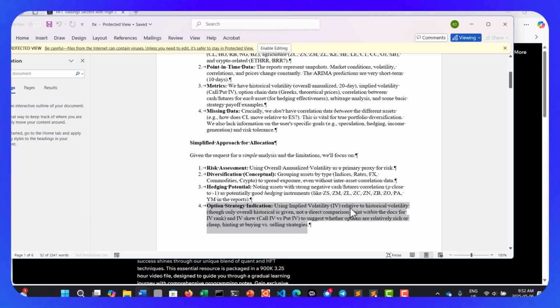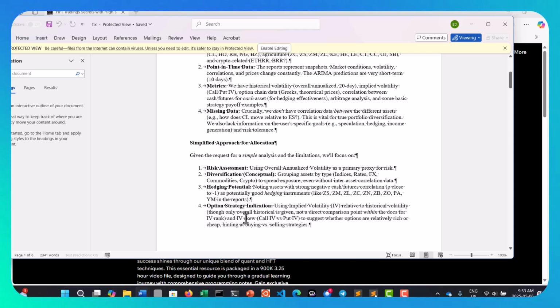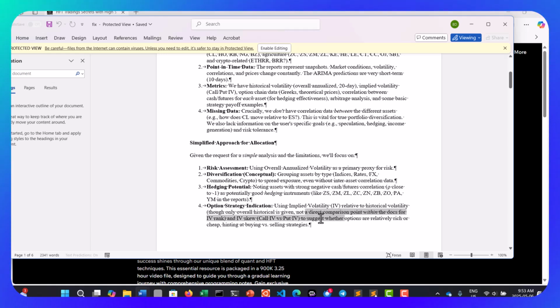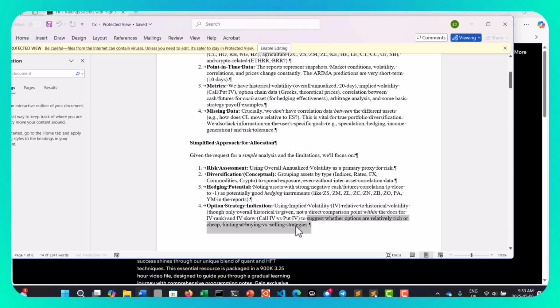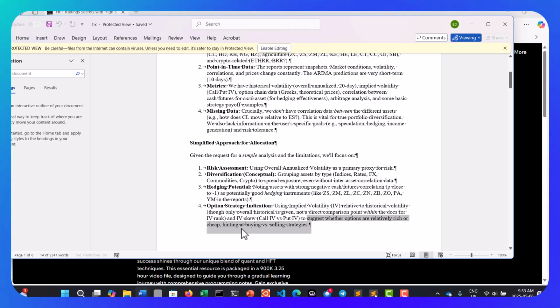So generally, we're looking for implied volatility based upon historical volatility. And it's a direct comparison within the documents I provided it. And it gives us the implied volatility ranking, skewness on a call implied volatility, and a put implied volatility. This suggests whether options are relatively rich or cheap, in the money, out of the money, hinting at buying or